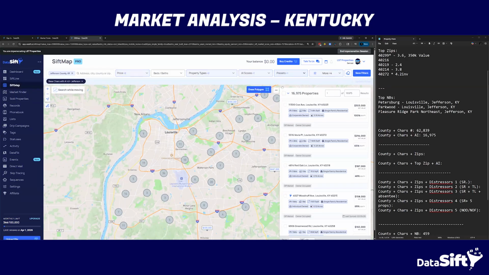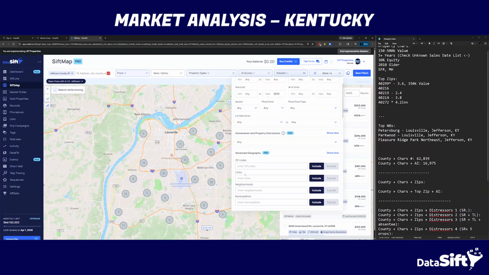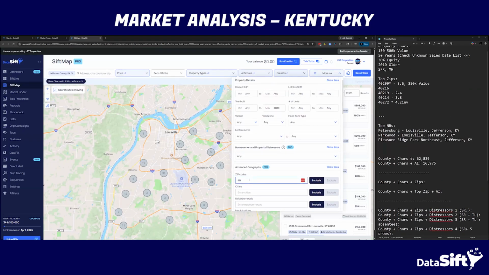Okay. All right. So now let's add under our more filters here. We're just going to add these zip codes in. So we're going to go 40299. We're going to go 40216, 40219, 40214, 40272. Okay. And so when it comes to AI score, we're already at only 16,000 records,